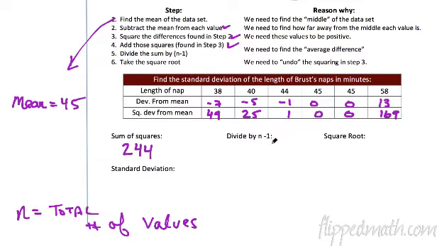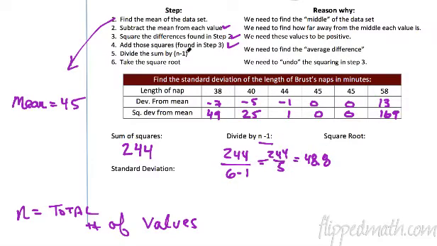Now, the reason we do this, without getting too technical, why don't we just divide by n like the average, is because we're going to use this to represent all of Brust's snaps, not just these specific 6. And they have found out that when you use n minus 1, it's closer. You don't have to worry about it if you just remember n minus 1. Okay, so we're going to do 244 divided by 6 minus 1, which is 5. So this works out to 244 divided by 5, which is